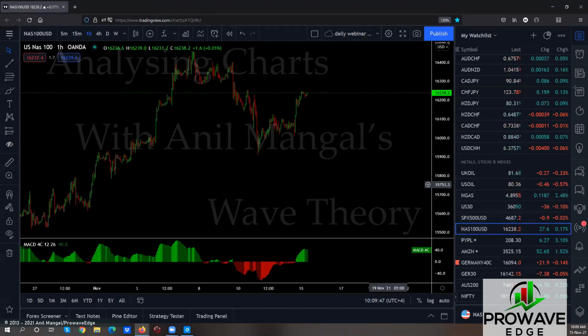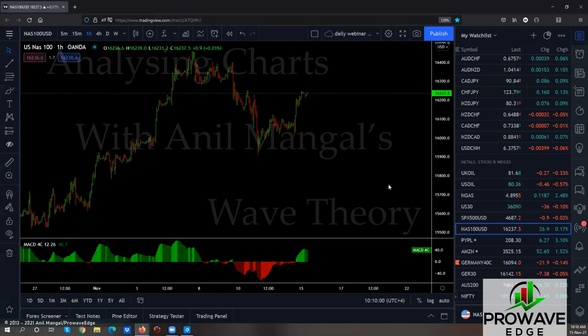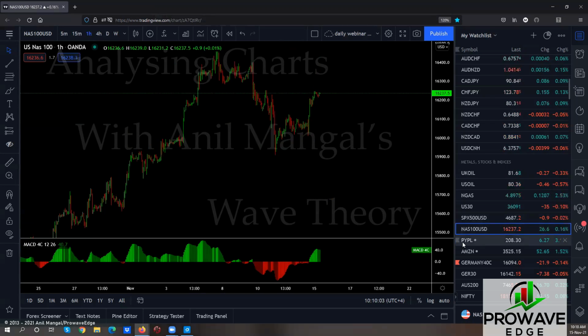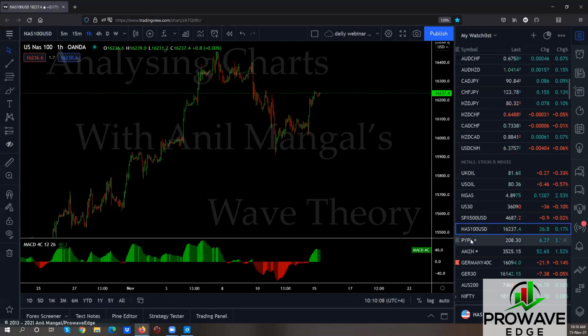NASDAQ, this one also was a buy. We got this because we had these patterns here for buy. Now it could do two things. It could drop again, or it could make another flag and go up. Right? So let's see which one we get. You could get a buy setup, you could get a sell setup. You don't have either. You're getting more of a buy setup. This is more of a buy setup at the moment.